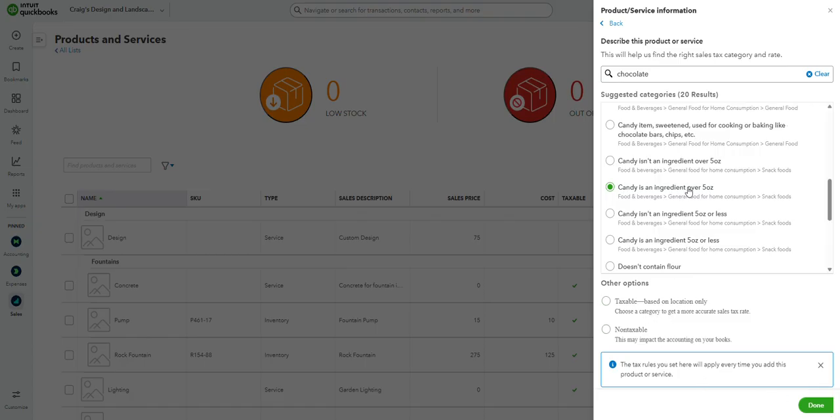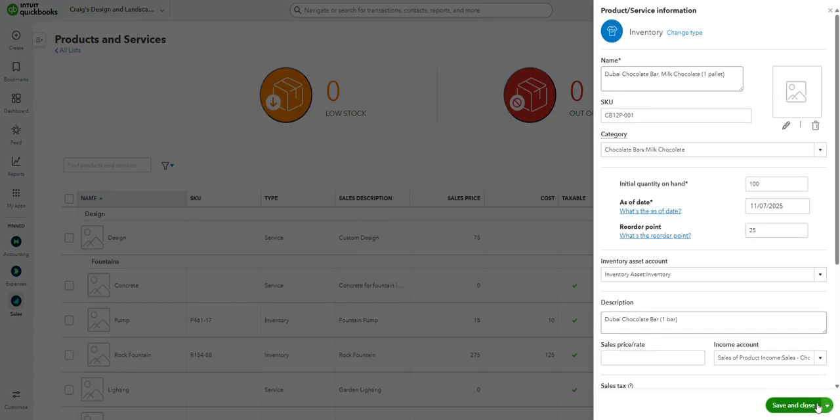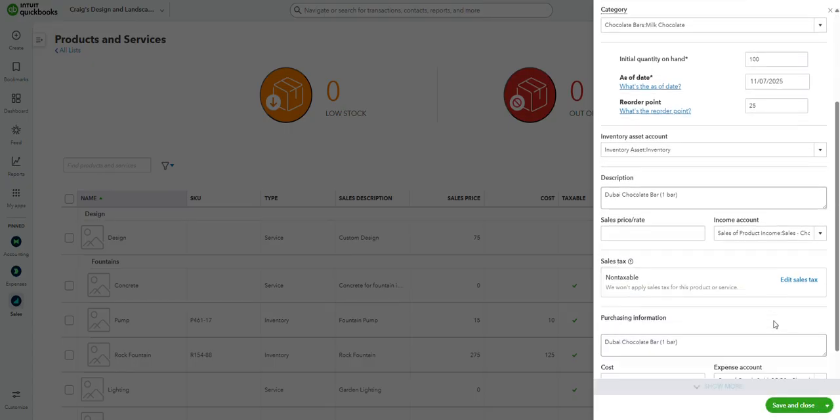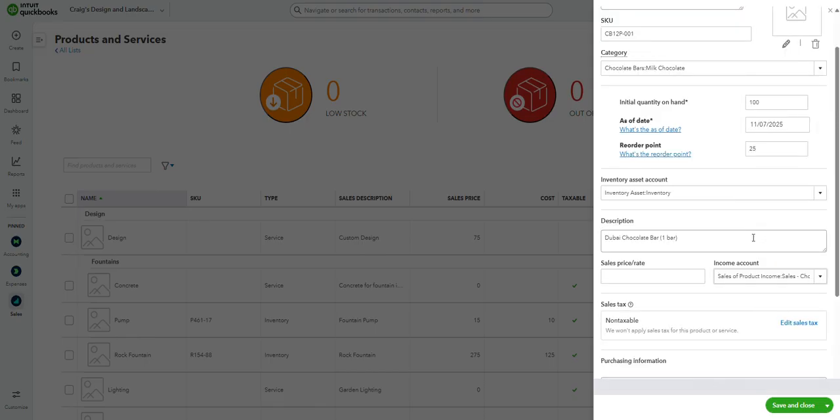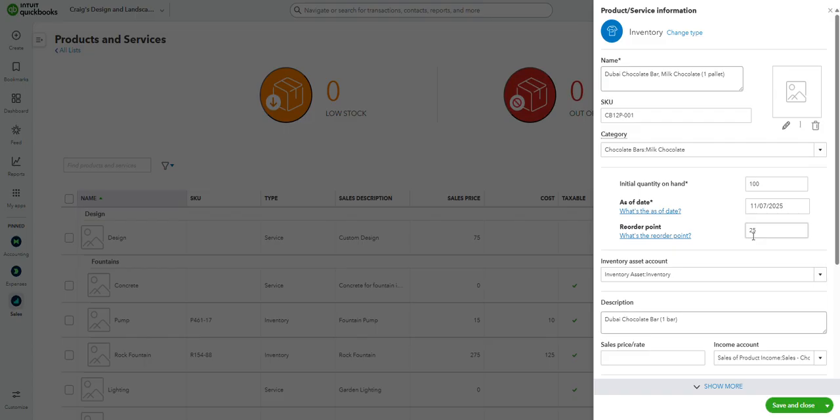Otherwise, I've done my research and I know that food products in the state of California and many other states are not taxable. So it's one or the other. You can decide, but do your research to see whether your item is a taxable or non-taxable item. So with that, these are the different best practices when it comes to creating any sort of inventory product in